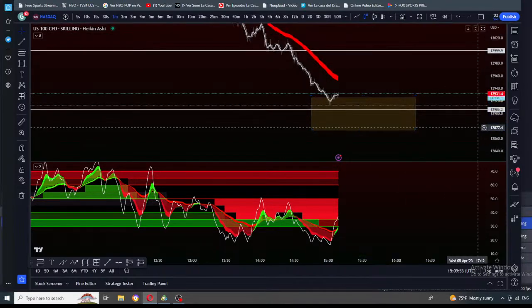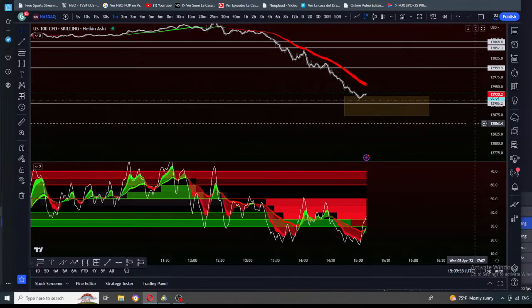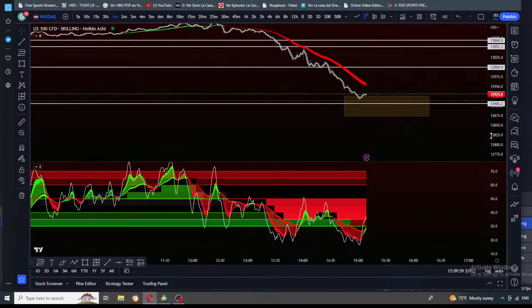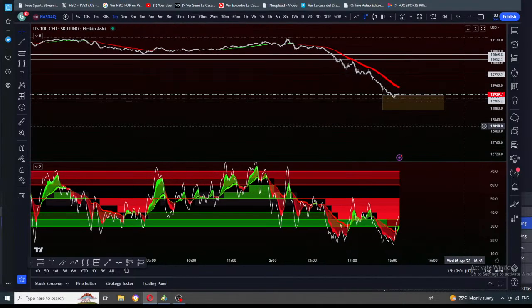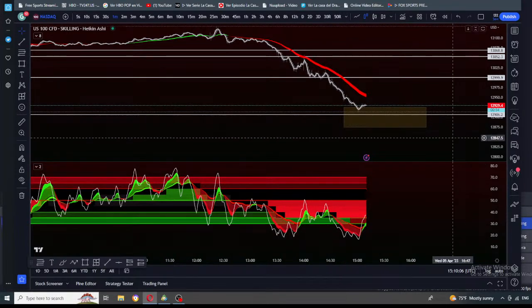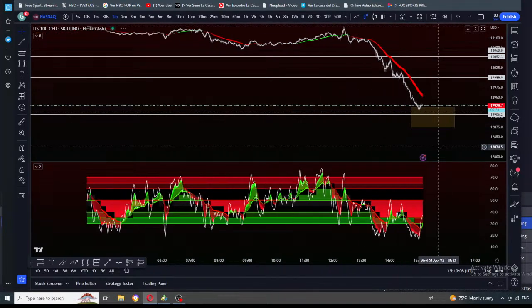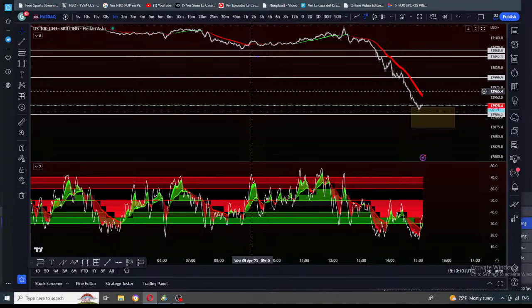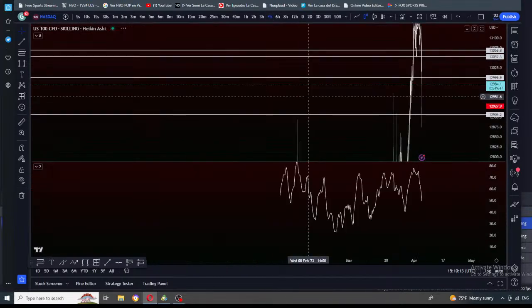Could be wrong, but I'm looking for that because based on the bounce of the 50 EMA on the 4 hour. So on a much higher time frame where we're bullish, and this is just a pullback, maybe a